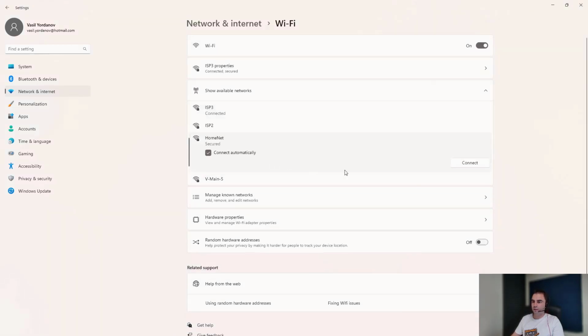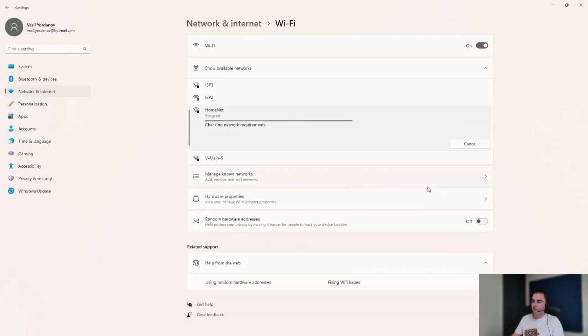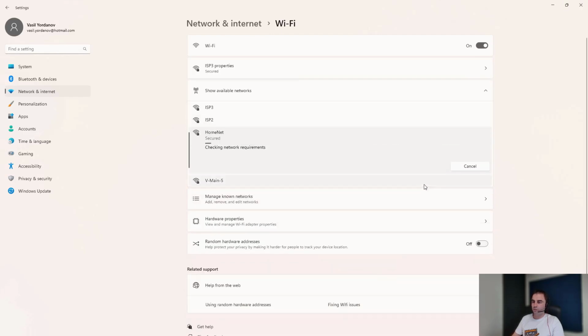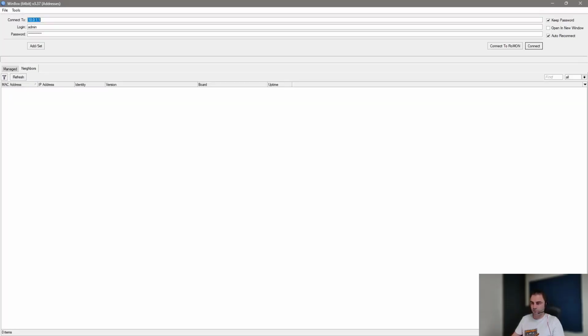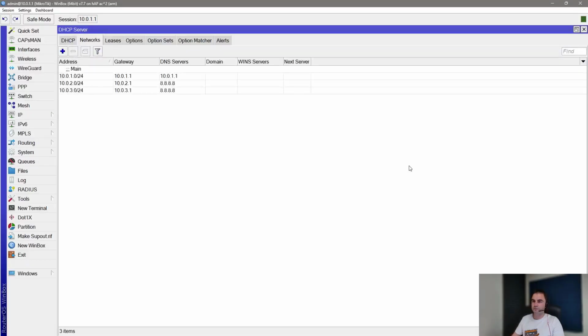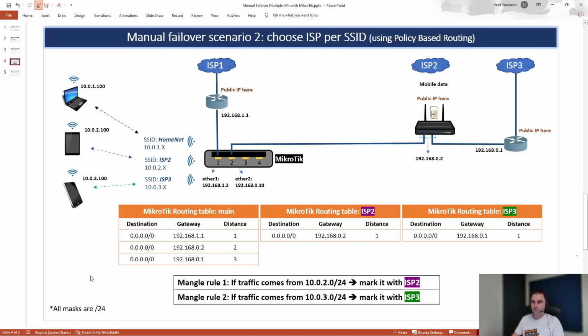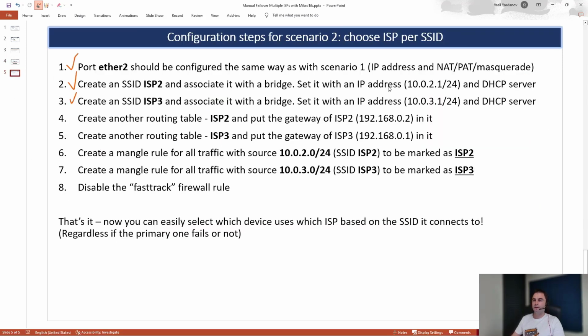Let me switch back to my primary SSID in order to be able to connect to the MikroTik. I can make it possible to connect from the other networks as well, but actually I don't prefer it for security reasons. So that's good for me. Let's continue here. What we have done so far is, how should I say, the dirty work, and now it's easier and much more interesting. So we have the different SSIDs, the different networks,